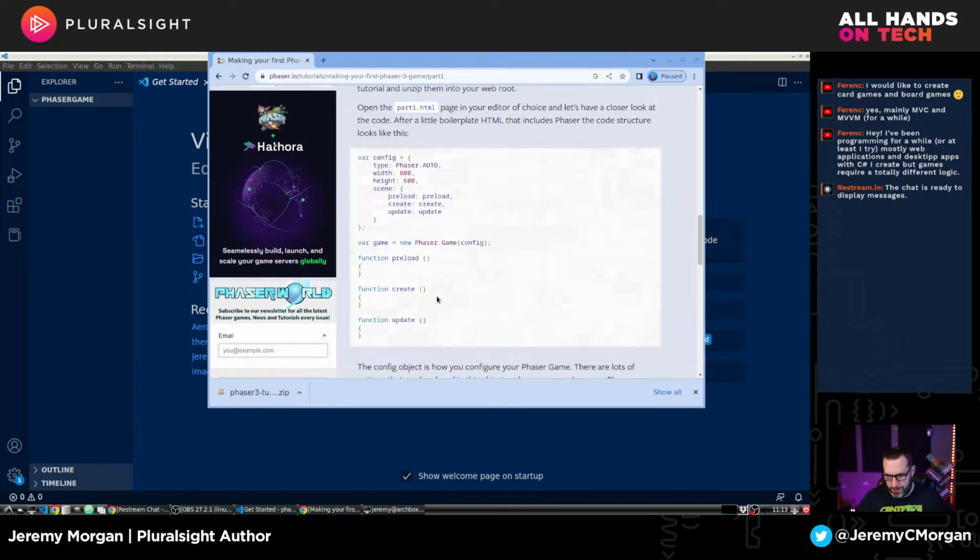We have preload, which is load up stuff before we begin. There's a create, and this function's run one time when the game is created. And then there's update that runs constantly, and there's a constant loop, and that's called the game loop. And so getting your mind around those types of things, like where should you put this, and kind of put those together,